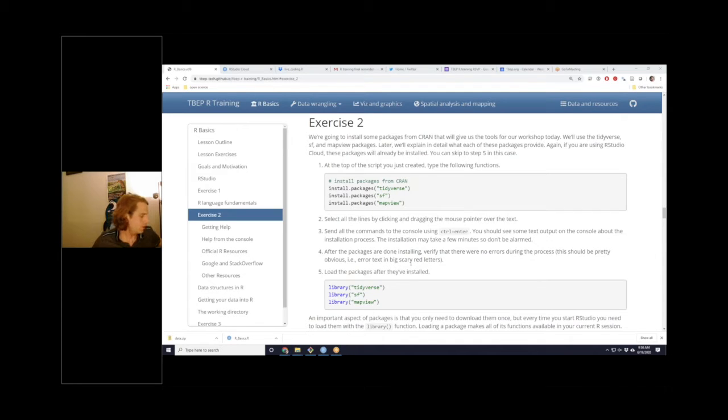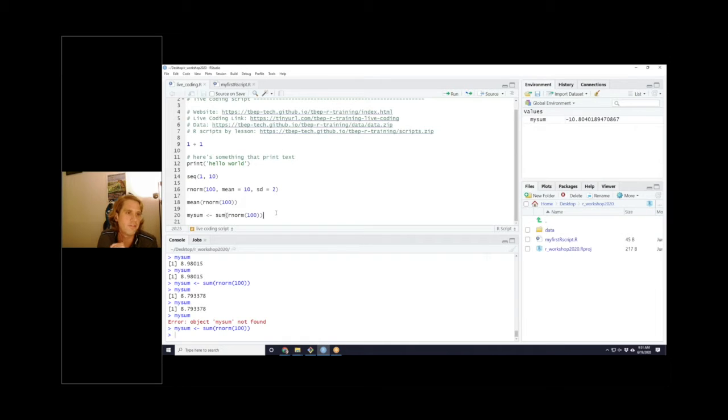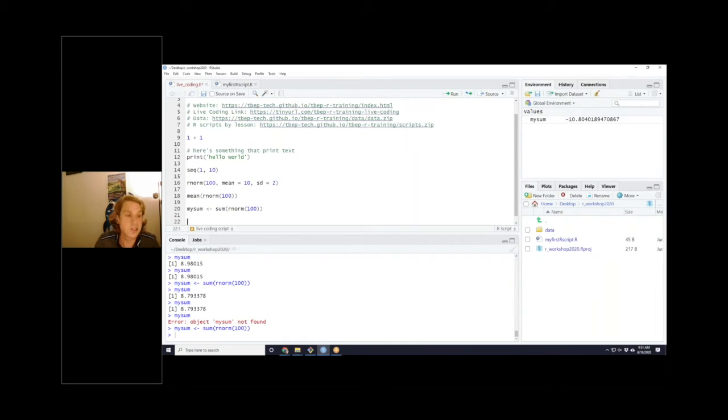Okay, that's 5 minutes. Hopefully you guys were able to go through that exercise, get those packages up and running. One point of clarification, when you install packages in R, you only need to do that once, but every time you use RStudio, you need to load the package with the library function to use the functions in that package. So I already have these packages installed on my computer, so I'm just going to do library tidyverse,